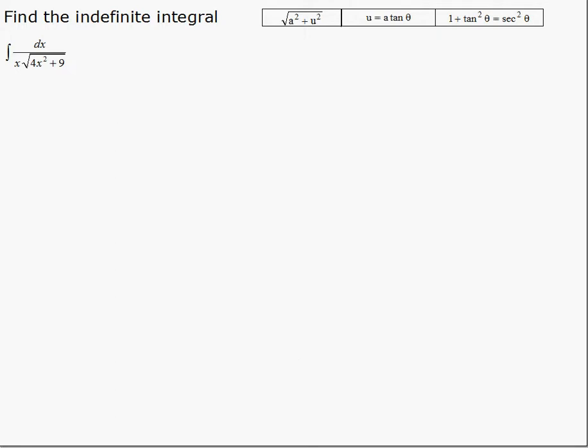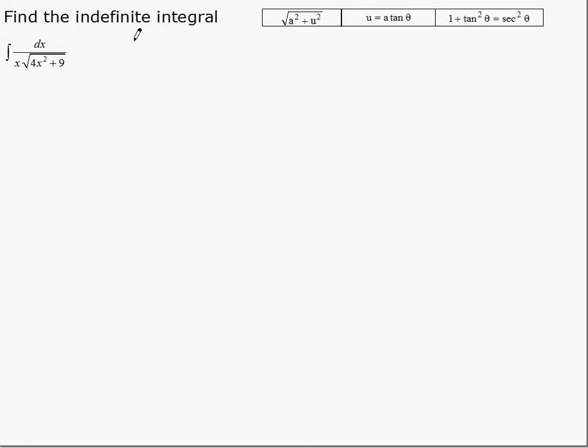In this example, we're asked to integrate dx over x multiplied by the square root of 4x squared plus 9. As soon as we see the square root and we test out u substitution and see that it doesn't work, then we immediately think trigonometric substitution. In this case, we have a function squared plus a constant squared, this pattern, which means we can do a